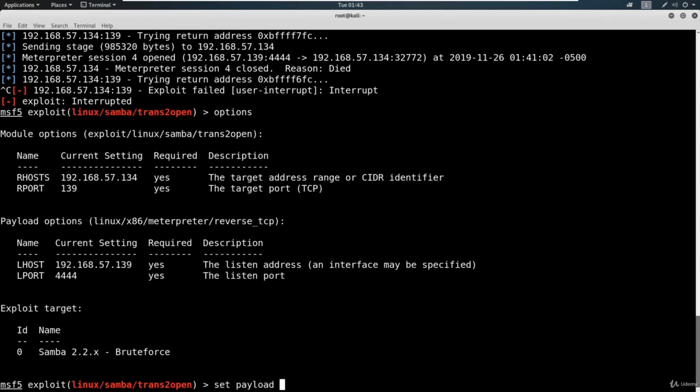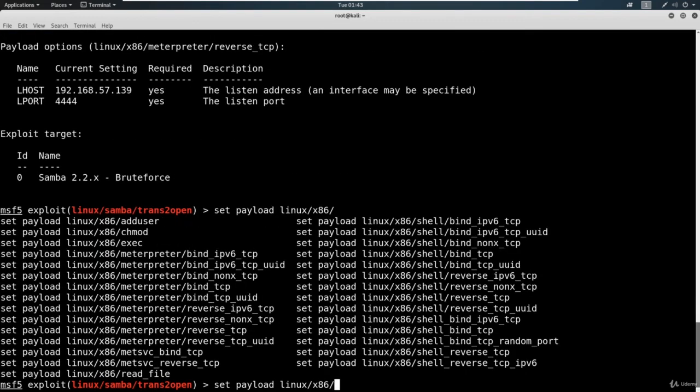And how do we know what payload to pick? Let's just start typing out Linux and hit tab. And it auto tabs out the x86 part for us. And then let's just hit double tab. All right, now with double tab, that's great. Look at the payload options we have. We got a bunch. Now, we've got a bunch of Meterpreters, but unfortunately, they're all staged payloads here. I love a good Meterpreter shell, and you guys will understand why as we move forward. But as of right now, it doesn't look like we're going to be able to use one.